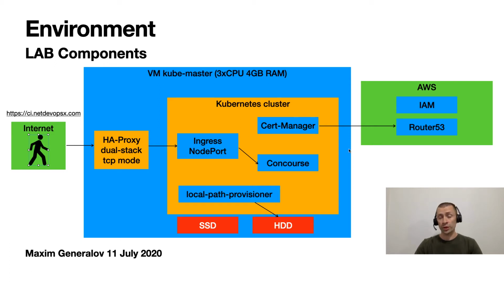And to be able to create green certificates for our software, because we don't want to see all the time the warning message that your certificate is not valid, we would like to use AWS as the DNS provider. Especially, we would like to use a special solution like cert-manager, which will use the provider Route 53 as the verification component, which will let us create green certificates for free.